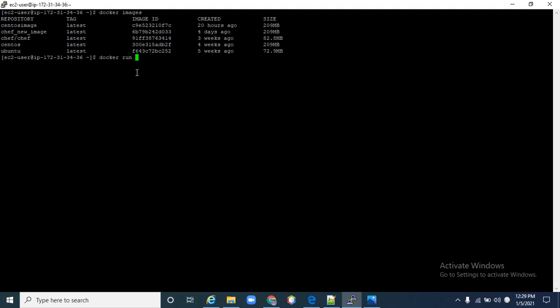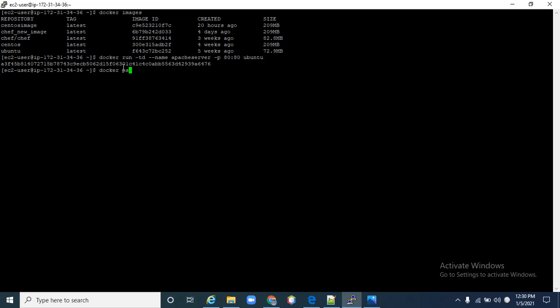and let's run the command docker run -td, your container name. You can set any name here as per your wish. Port, which port you want to publish or expose, and your image name. In my case it is Ubuntu. Enter. Yeah, so it's successfully created, you can see here, and it's